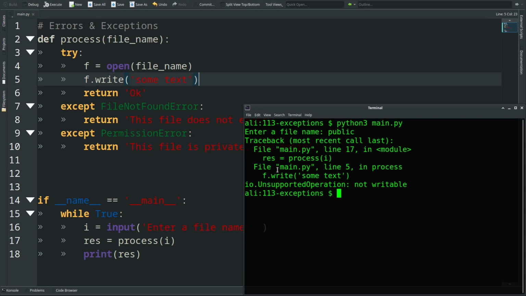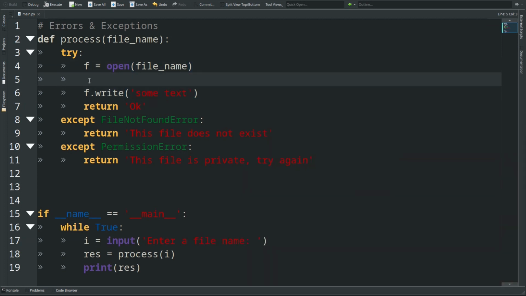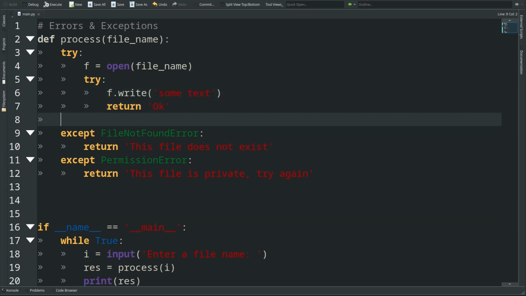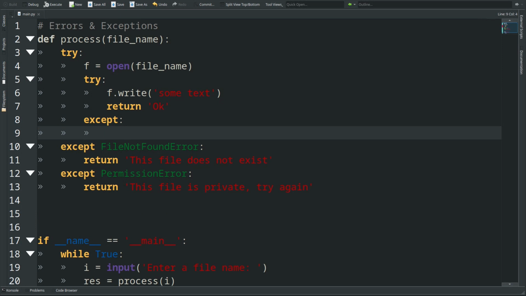And we have another error, unsupported operation. Now, the unsupported operation is a little bit of an error that I wanted to get in this, because notice that it has io.UnsupportedOperation. Now, we have two ways of handling this error. Notice that after this point, I have the file already open. And I could go with the try statement here because you can nest your try statements and you can try to write. Otherwise, you can use an except statement here and return